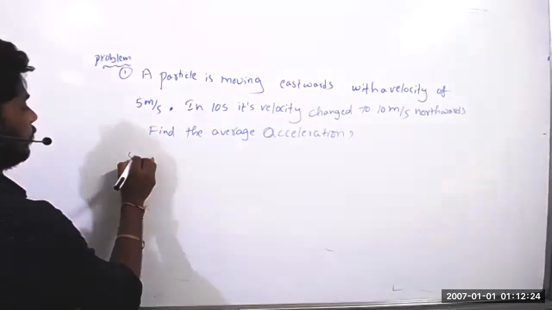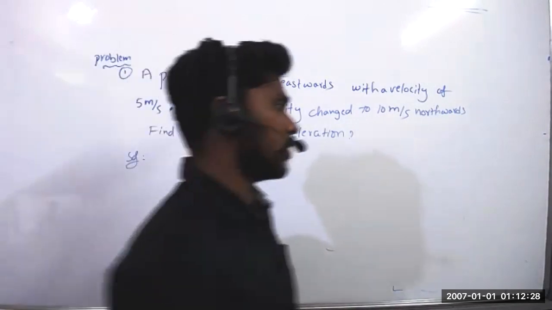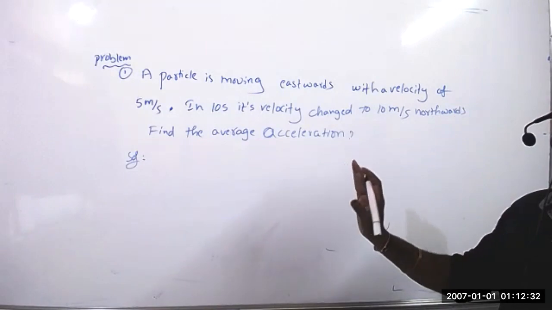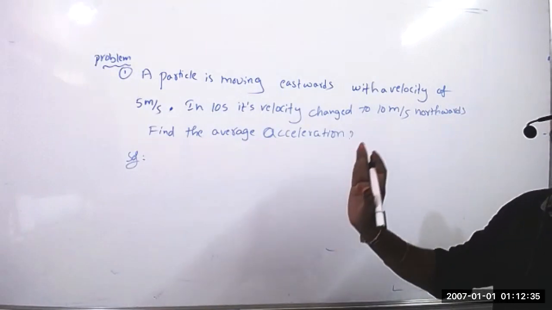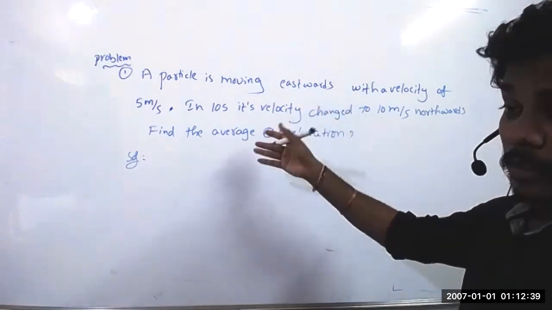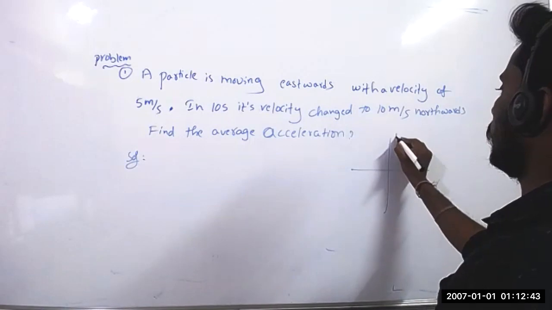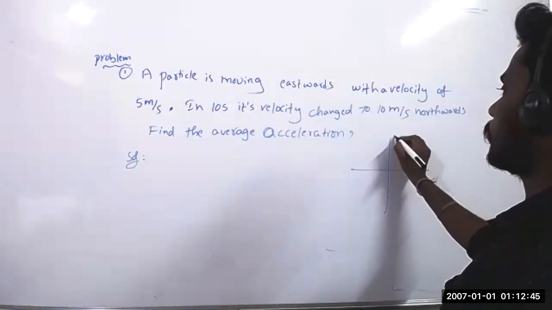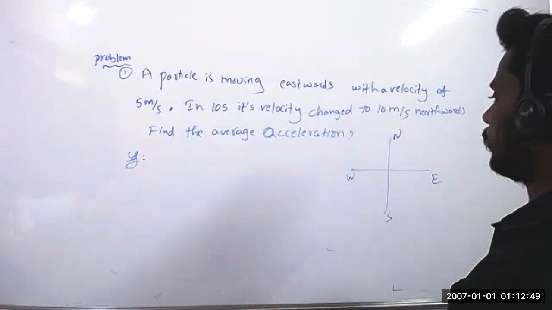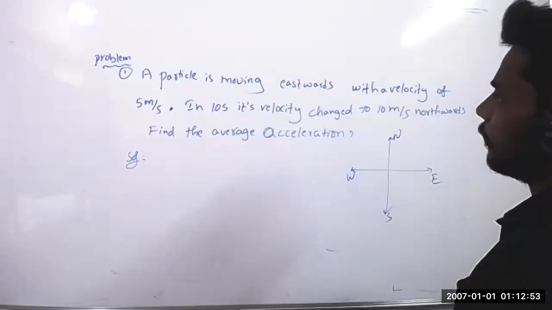Now see, here you should remember they have given east and north. Whenever you are reading the question, please make sure that you know how to draw the diagram. They have given east to west, north, this type of thing. So we know the directions: east, north to south, east to west. If you remember this diagram, now you can understand what is happening.